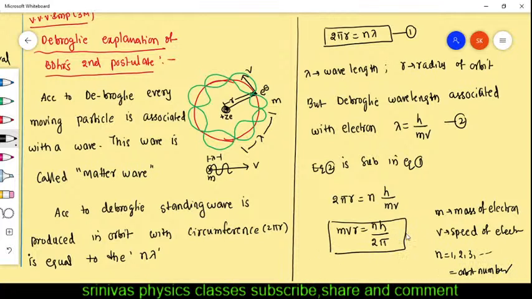Then the proof is completed. Is it right? From the above, mvr, the angular momentum of the electron, is equal to an integral